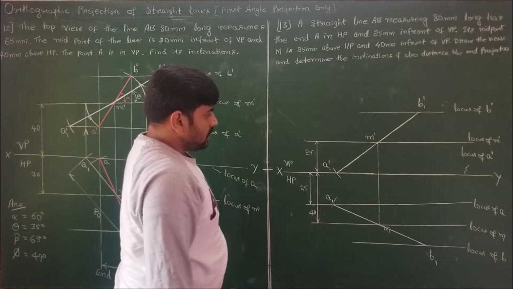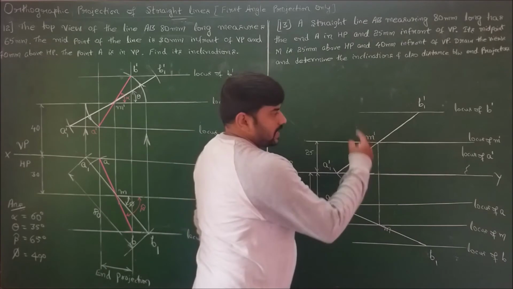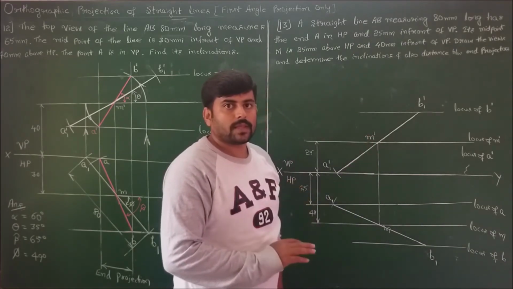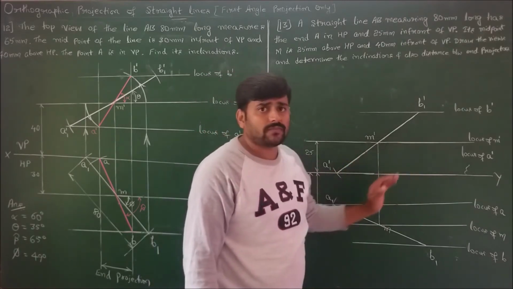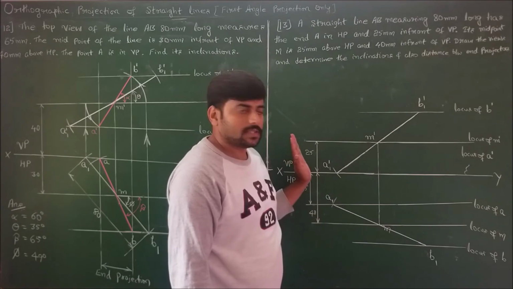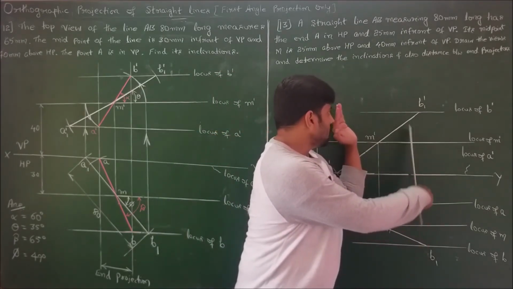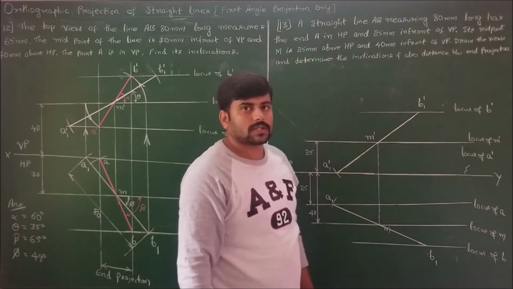Now repeat the same procedure what I said. You know the true length. To extract the apparent length, I should draw perpendicular, then rotate. So now, in order to do that, you take only half of the line. You forget this part. So if I take half of the line, draw perpendicular to M dash and then rotate. So joining which you get half of the line, extend it back to cut the locus.